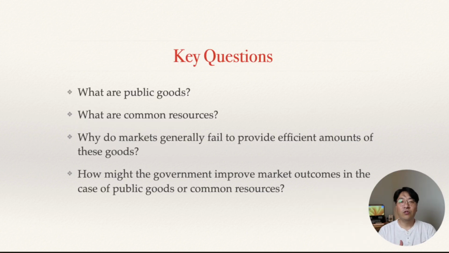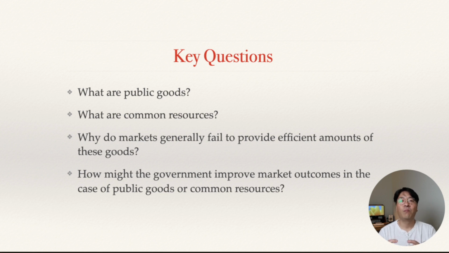First of all, we want to go over a few questions about this chapter. First one, what are public goods and what are common resources? As I told you and briefly explained, there are four categories: public goods, common resources, and regular goods, which we have learned about so far and which are already transacted in the market without any issues. But the very last one is club goods. So four categories: how can we categorize them, and what exactly do public goods and common resources mean?